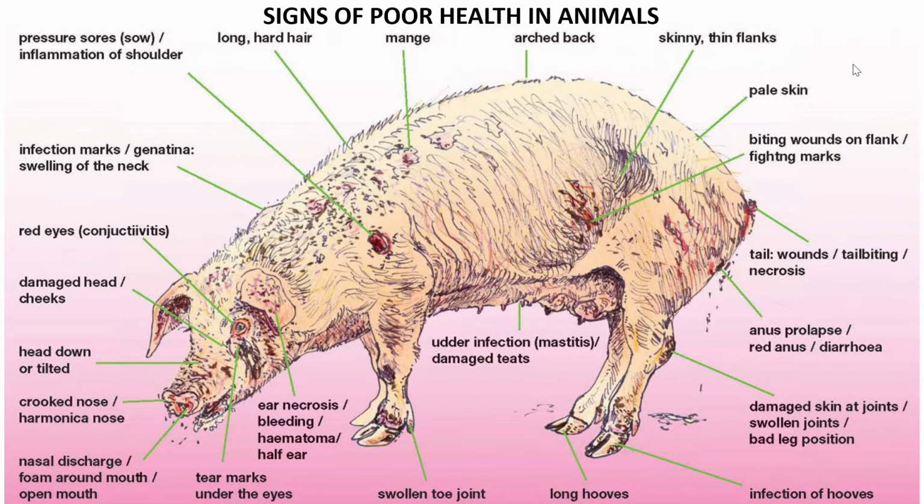Or they say necrosis. Necrosis is when the skin and the muscle and everything dies and causes, in this case, the tail to fall off. So generally we can see there is something very, very wrong with this animal. So generally in the test, they will give you guys a picture of some animal and then ask you, do you think it's healthy, unhealthy? What is your reasons? So basically what you see.